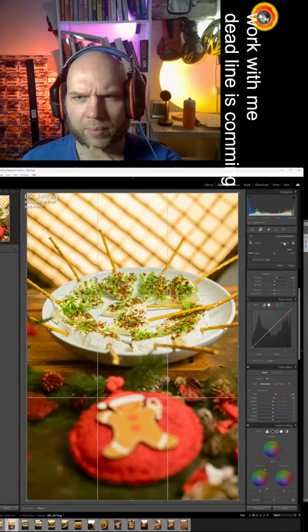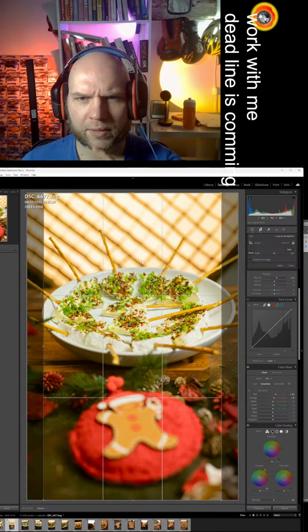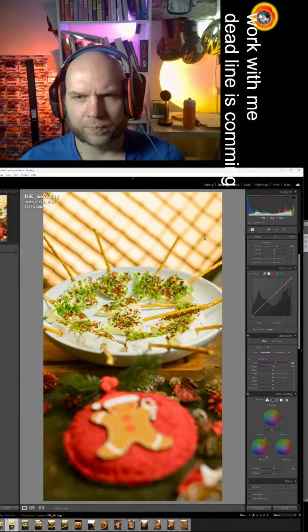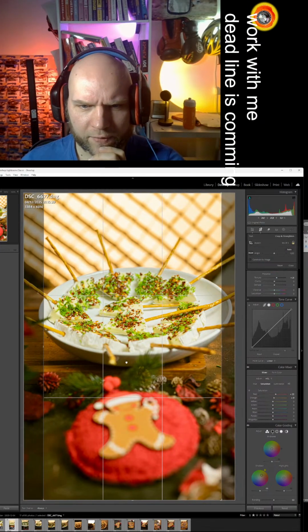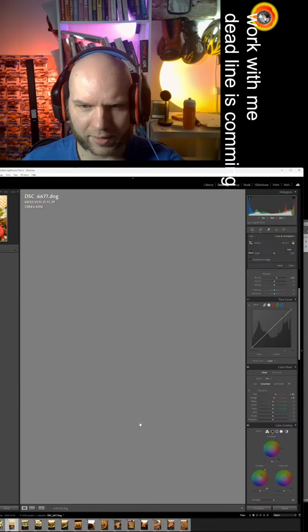Let's check our crop. 9:16 is a little bit narrower, but that's good. One more time, let's focus on this cookie man. Let's place this cookie man exactly in the middle, like this.